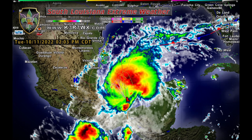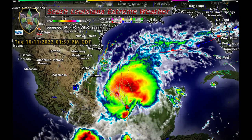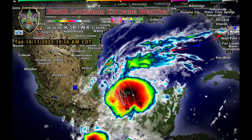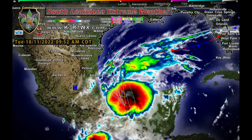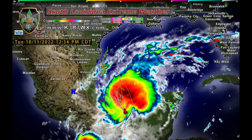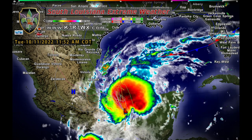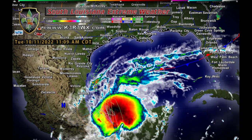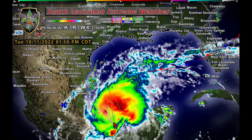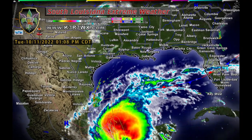So here we go. Taking a look, Invest 93L. Last 5 hours satellite imagery, radar overlay. You can see 93L, pretty impressive early this morning with thunderstorms, and then they've since waned a bit, and you can see there's a lot of shear that's affecting the system right now, and it's being basically elongated from south to north. And you see this old frontal boundary here, and you got that zonal flow, southwesterlies, west to east. There's your very heavy shear in place, and as this boundary starts to lift north,